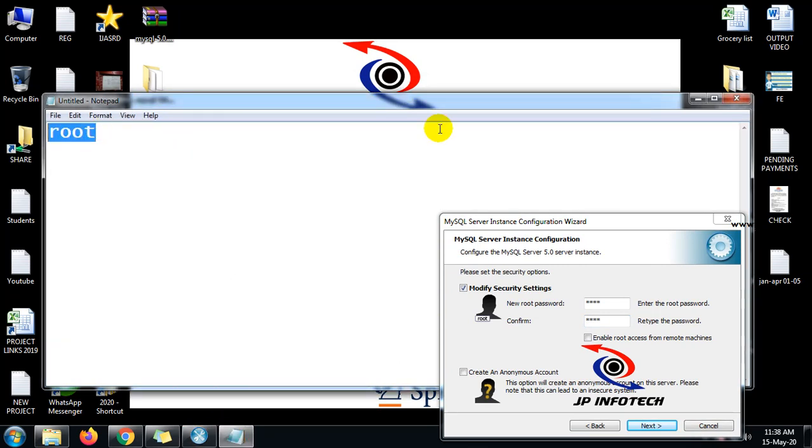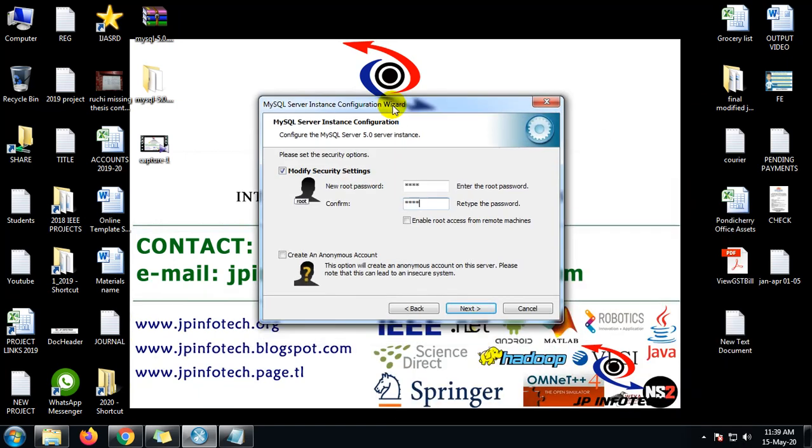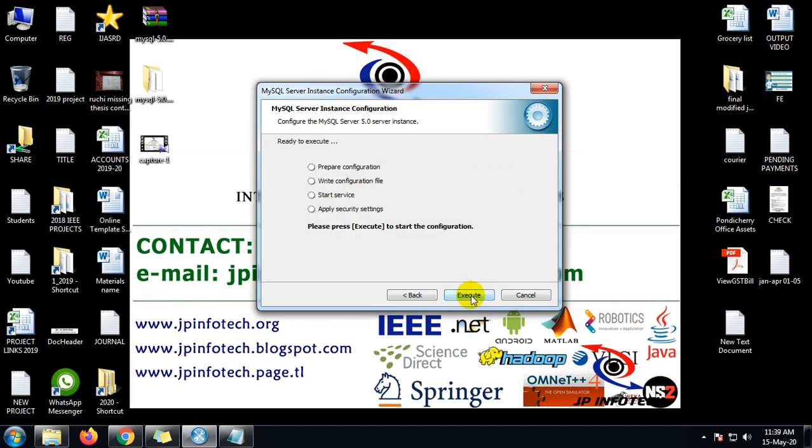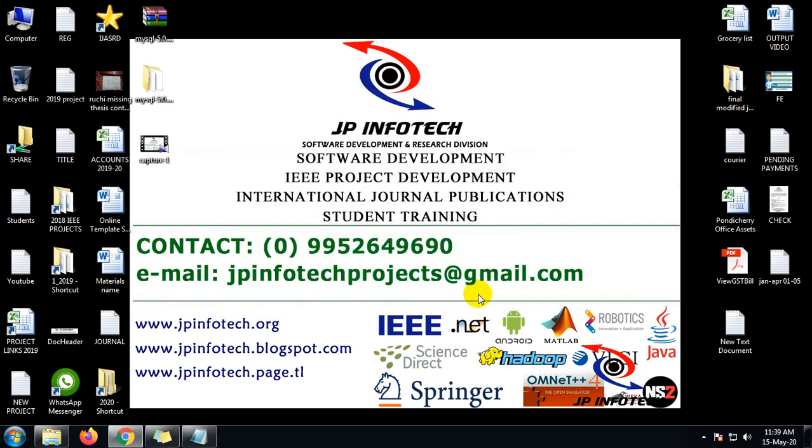This is what I entered here, root, because all our projects we have created using this password only. So you can create this and then click next. Here you click execute. Now the installation is completed and then click finish.